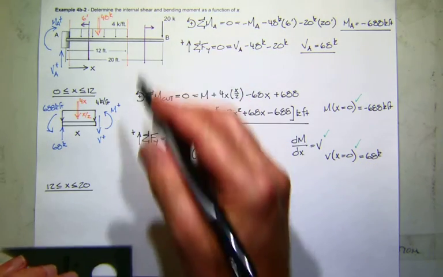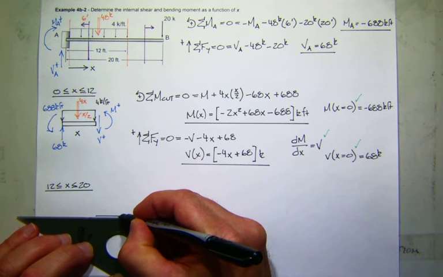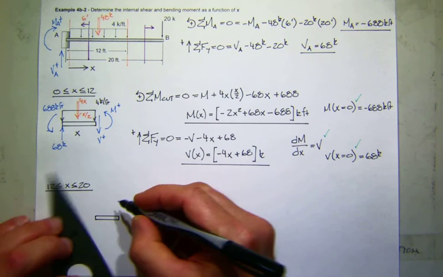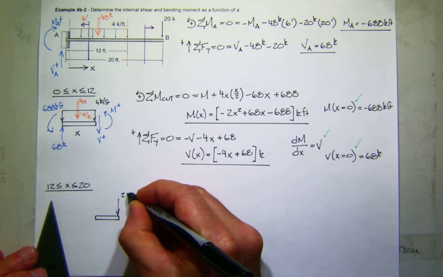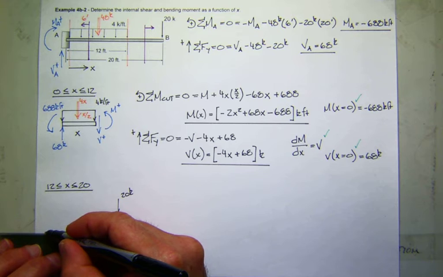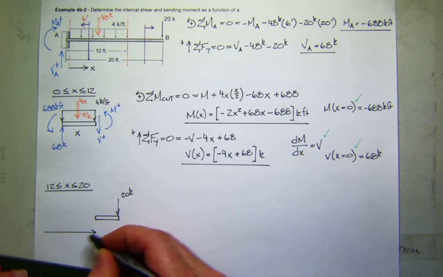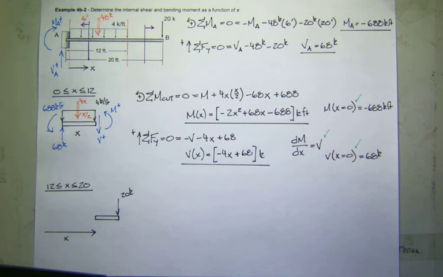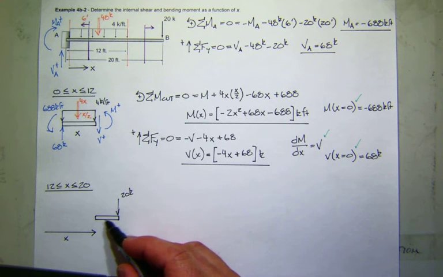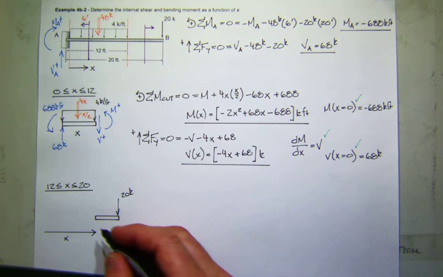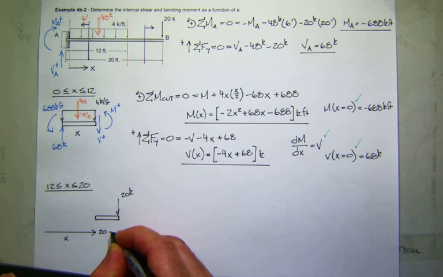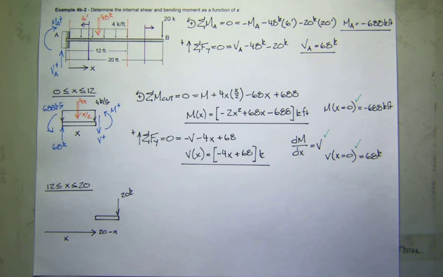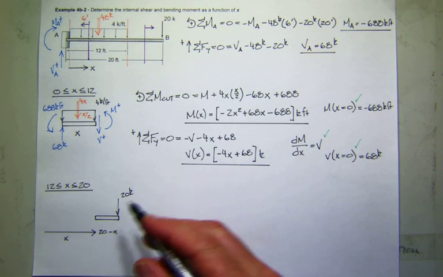So remember, I'm going to do this left piece. I'm sorry, the right piece. So there's my free body diagram, and there's my applied load. Now, just so you can see this, I'm going to remind you that we're measuring x from the left to the right. So what would this piece of the element be? I think we already talked about it before. What would it be? It would be the length, 20, minus x. Do you guys see that? Yeah. Because when I add these two together, when I add x to 20 minus x, what do I get? 20. The length is always 20. So now, on this cut, I put my